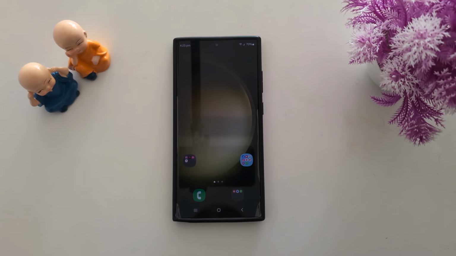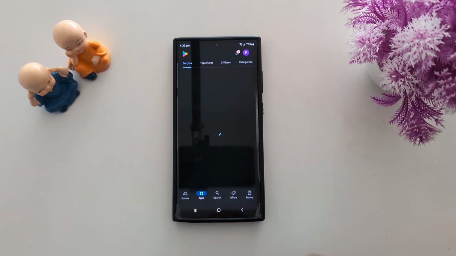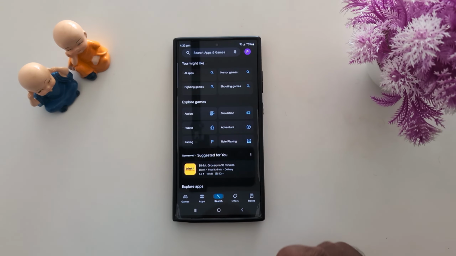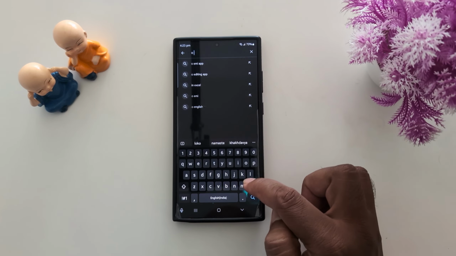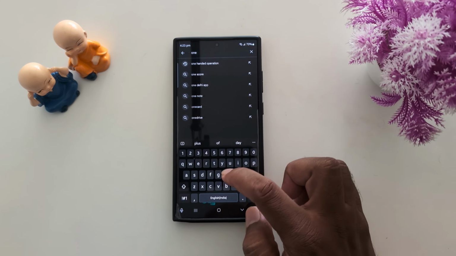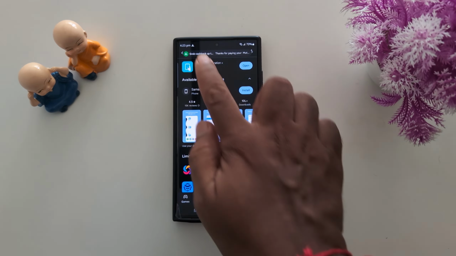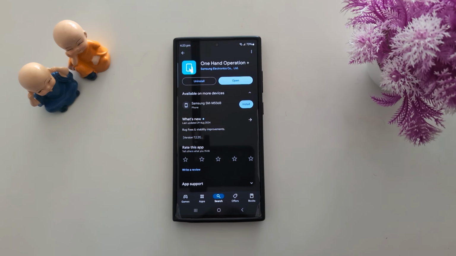How to use swipe down or swipe up gesture on your Samsung S23 Ultra or S24 Ultra to easily access any app. To use this gesture, you need to download the third-party app, One-Handed Operation. So open the Play Store and search for one-handed operation on your device. You need to install this One-Hand Operation application on your device to quickly access any app